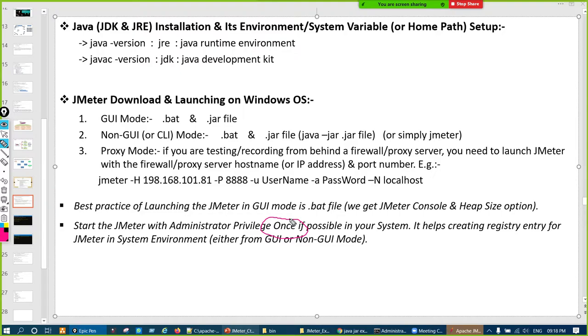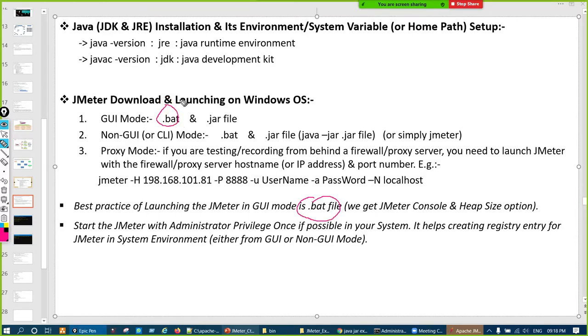If you are not doing it, it's also good, right? But if you have a chance, at least launch JMeter with administrator privilege once. Okay, that's enough.